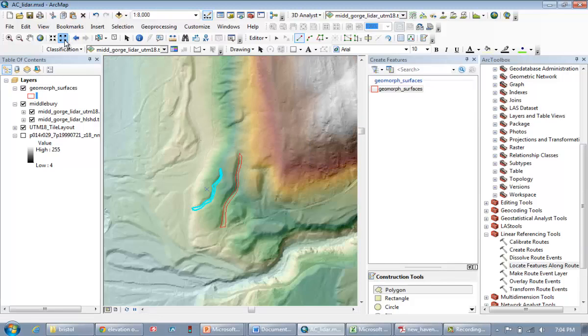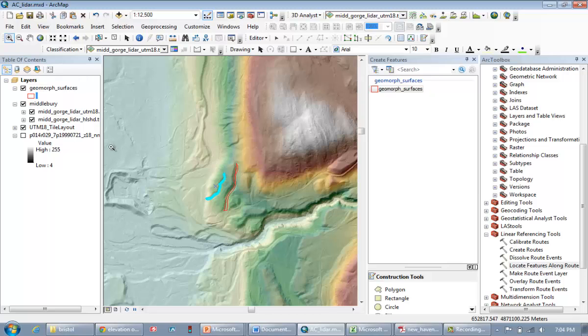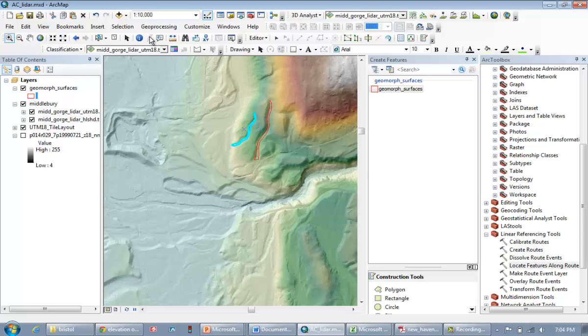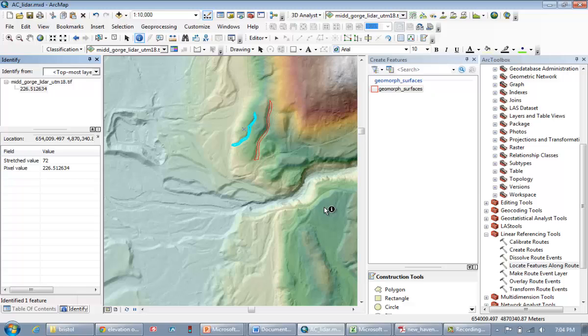Okay, finally, let's have a look for some delta surfaces. We know there was probably a delta coming out of the Middlebury River here, okay? And we know that the top of that delta is likely at about 175 meters. So I'm going to start looking around, and I'm going to start using my information tool. Make sure I'm probing the LiDAR data. That's 226 meters up here, so that's too high. If I come down here, that's 229, also too high. Down here, 182. That's a little on the high side, but could be within error. It's possible. Here's 178,